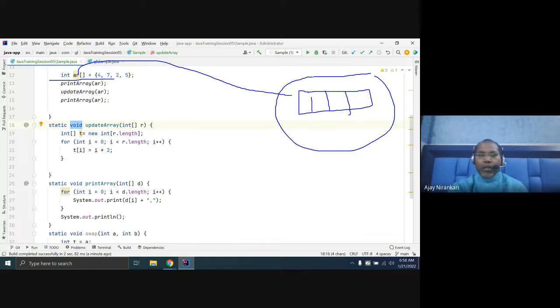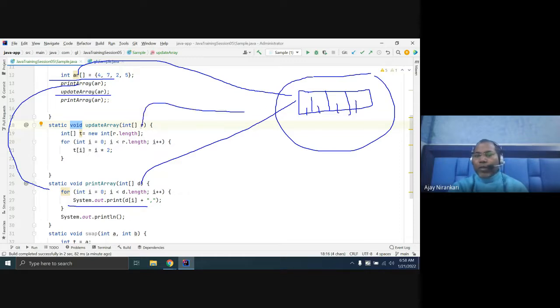Again you invoke this print array method, it refers to the same and prints all the elements you have. There is no problem till now. Now when you invoke update array, it has an r variable. R also refers to the same because you are passing an array. But here you are creating another new array t. So a new array is created here.